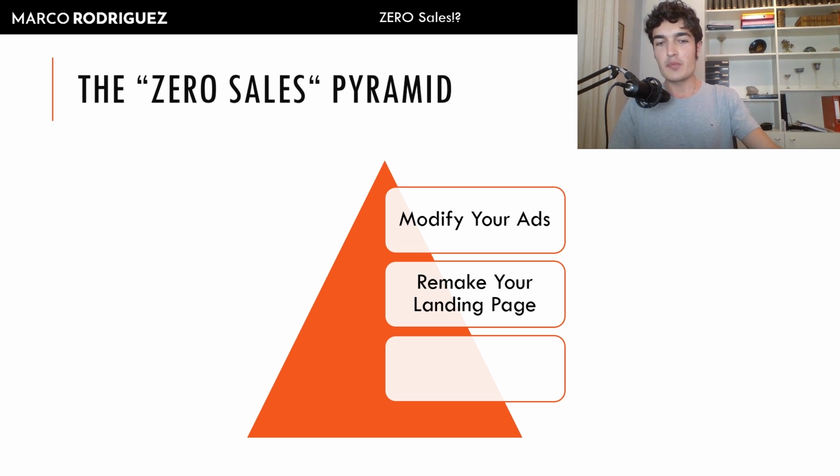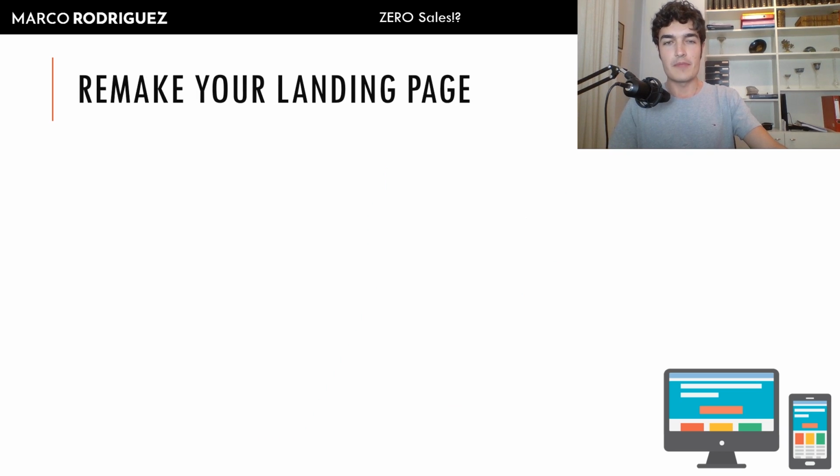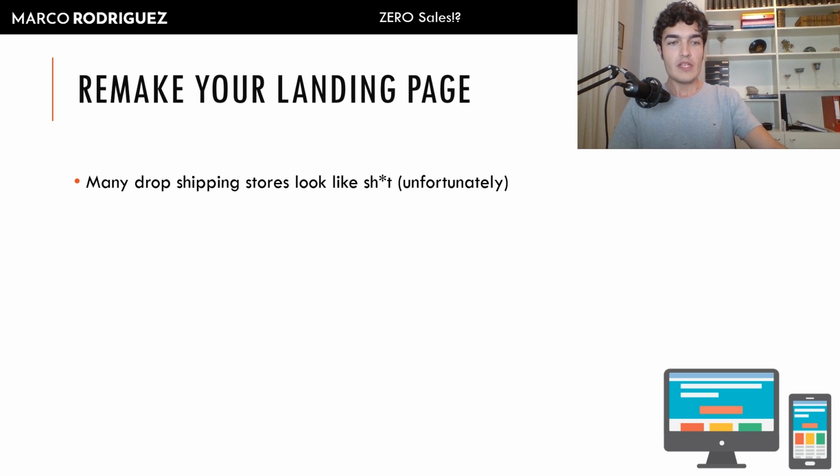And in this case, it's pretty difficult to just blame the Google Ads for it, right? It can be a factor, but sure, landing page is surely something that you have to work on. So many dropshipping stores look bad, unfortunately, right? I mean, I've seen it all. I've seen all the same stores, always the same theme, always the same tactics, hacks, elements, and people are just not really enticed to buy from many of these